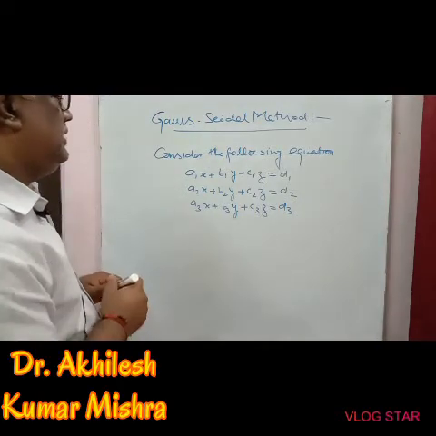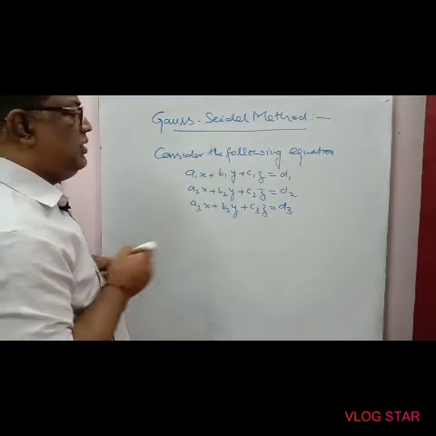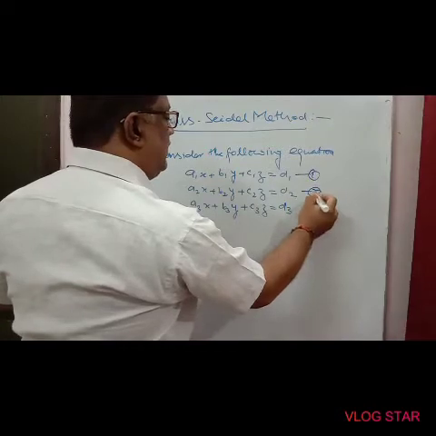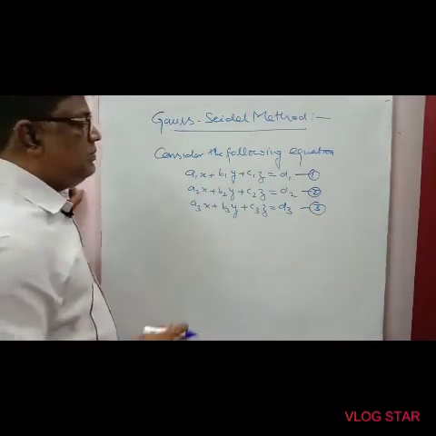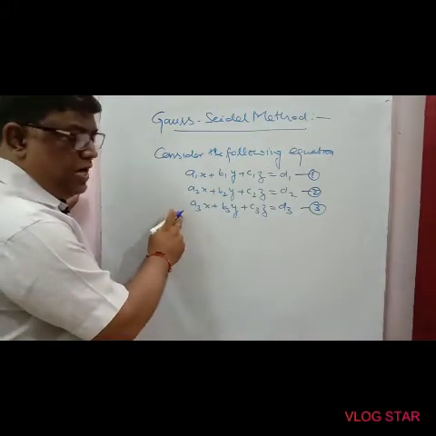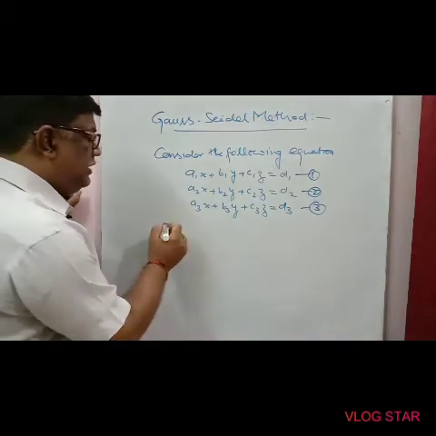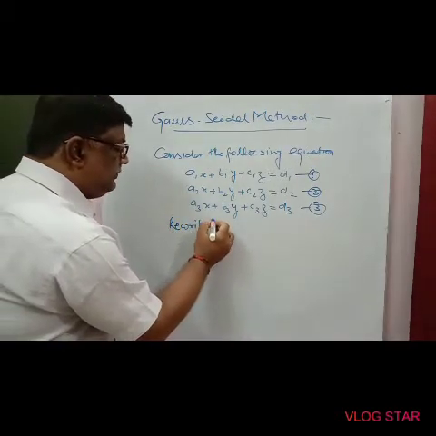Now we have to consider the equation a1x plus b1y plus c1z equal to d1. This is the first equation. This is the second equation, and this is the third equation. These are three-variable simultaneous equations. Now we have to use the Gauss-Seidel method, then rewrite these equations